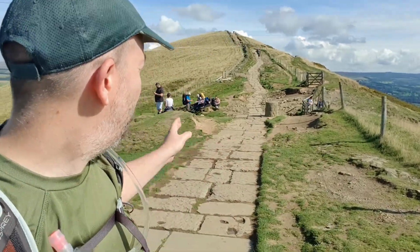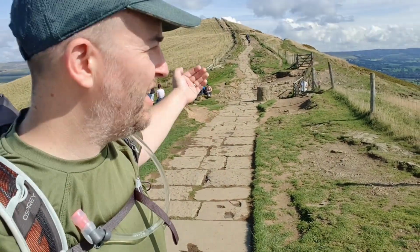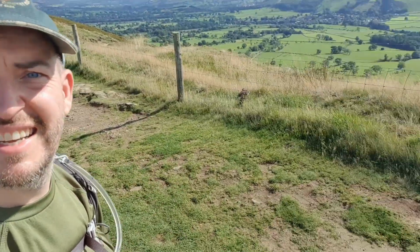Just passed through Hollins Cross. It was the crossing point for coffins from the village of Edale, which is on this side somewhere. Any people who died in Edale and the local area that were going to be buried at Castleton were brought up the hill, up to this sort of vaguely low point in the ridge, and then down the other side